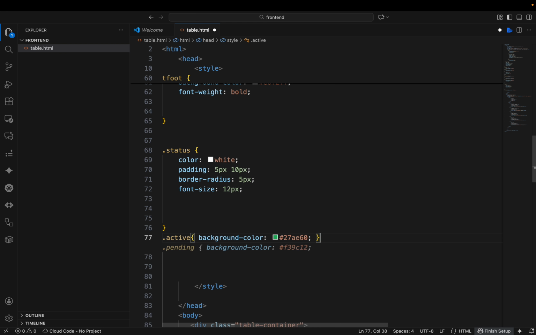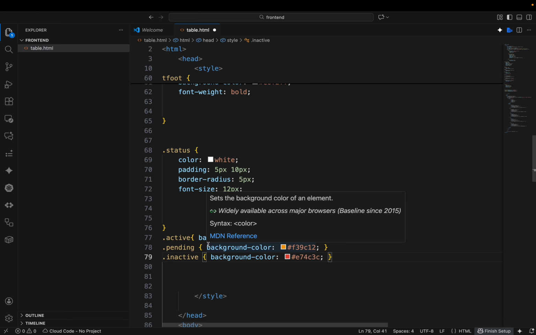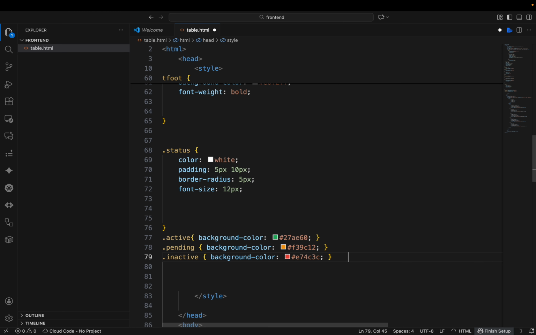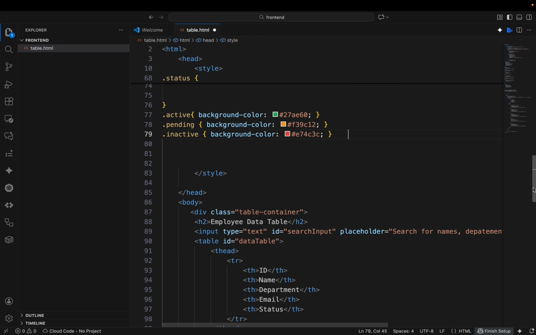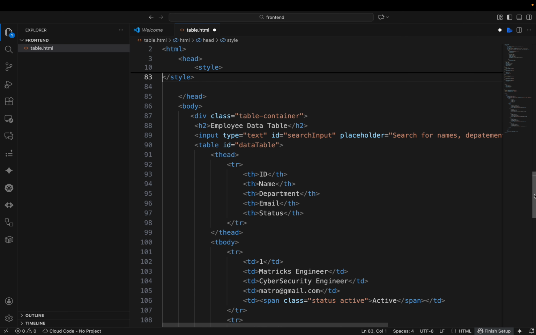What is the space? We need depending background color, which is going to be red. So this. So now our style, let's say it is finished. So now